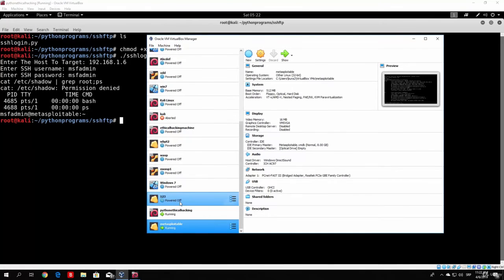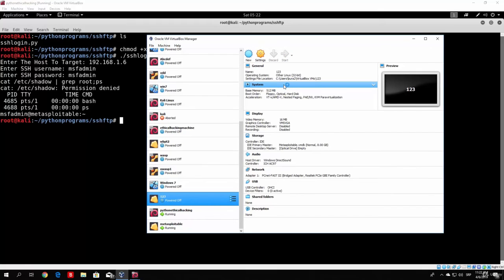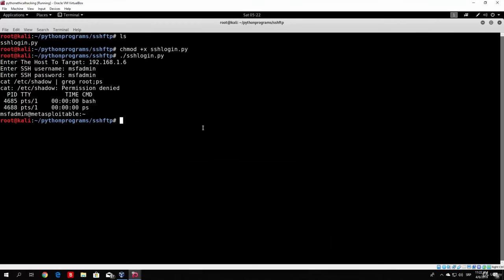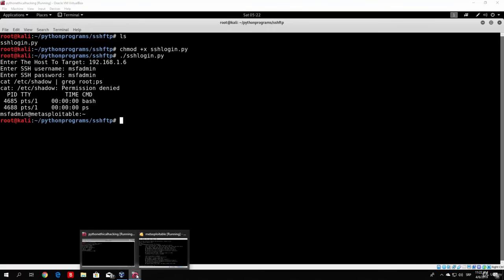So I have another virtual machine right here, which is the OS virtual machine, I believe. Let me just check this out. Now you don't need to install it really. It's basically almost the same as the Metasploitable. If we do need it, however, later on I will show you how you can install it, but for now we really don't need it. The SSH is basically something that you can brute force on any target system that has port 22 open. So right now, since I know the credentials for the root account for the OS virtual machine,